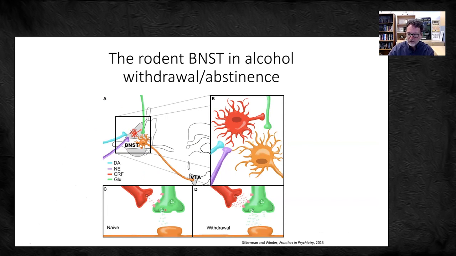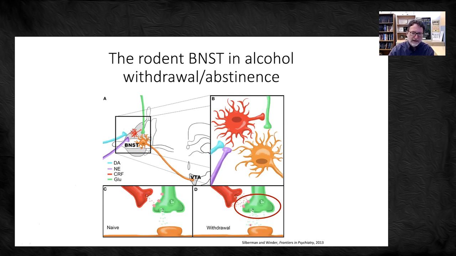And our evidence points to the idea that these glutamate synapses are upregulated during alcohol withdrawal and alcohol abstinence, that there's an increase in excitatory drive from other brain regions onto BNST neurons, thus activating them to initiate circuit-dependent behavioral